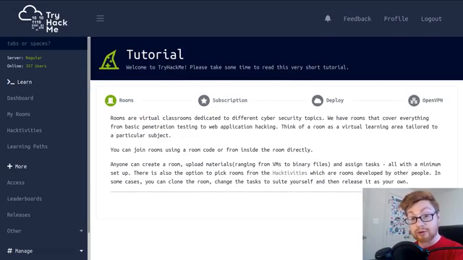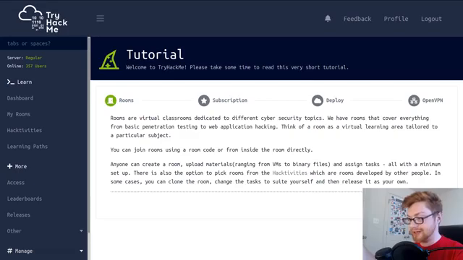I want to do one room. That's what they call some of their hacktivities, or some of the other events and exercises and things that are just happening within the site, within the platform. It's really cool. So here we go. If you first register an account, you can just go to tryhackme.com. There's a registration button up on the top right, and it explains to you kind of the concept of this